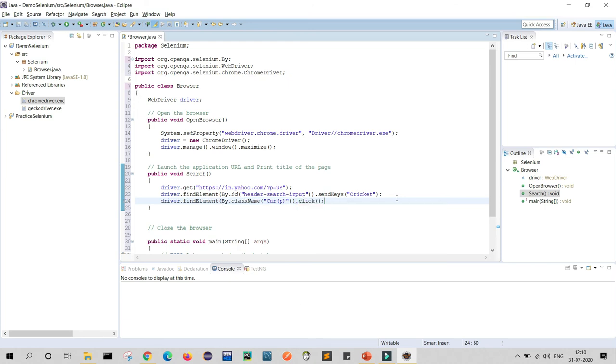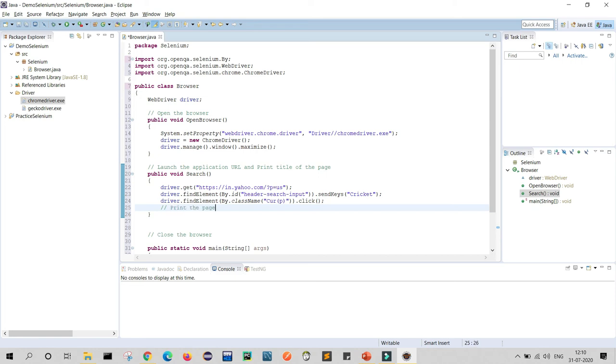Now what is our next step? Next step is to print the title. Once I click, the page will navigate to the cricket page, and our next point is to print the page title. So I just give a comment, print the page title. So for this what will I do?